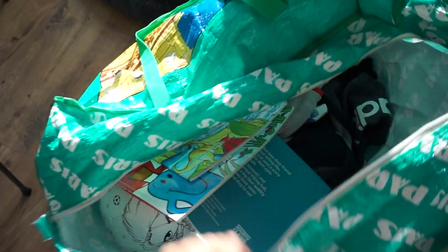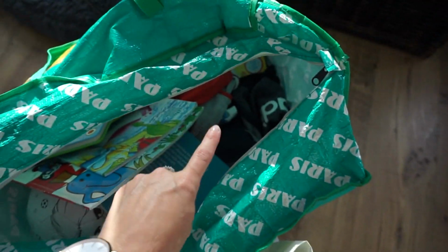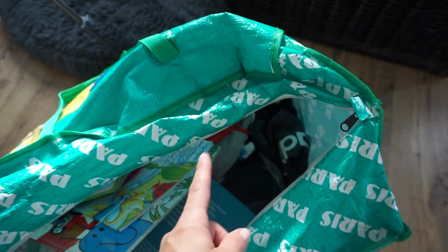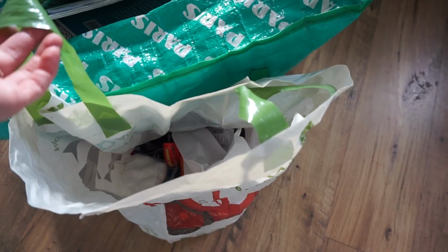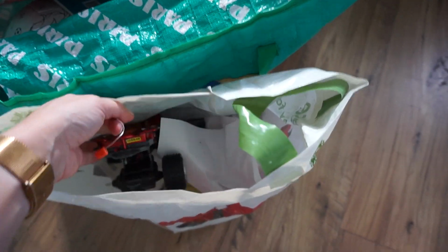So I've got a bag of stuff for charity here, just some clothes, books, toys, like clothes that don't fit Jensen anymore or that don't fit Jasper and Jensen won't wear. And just books that the boys don't read, toys they don't play with anymore. And then there's some rubbish, like this is a broken monster truck thing that's missing a wheel and